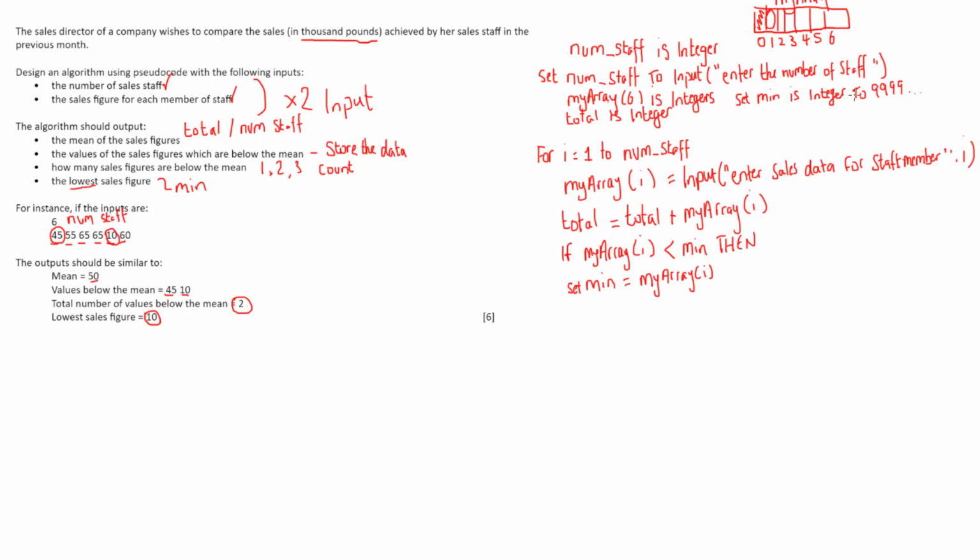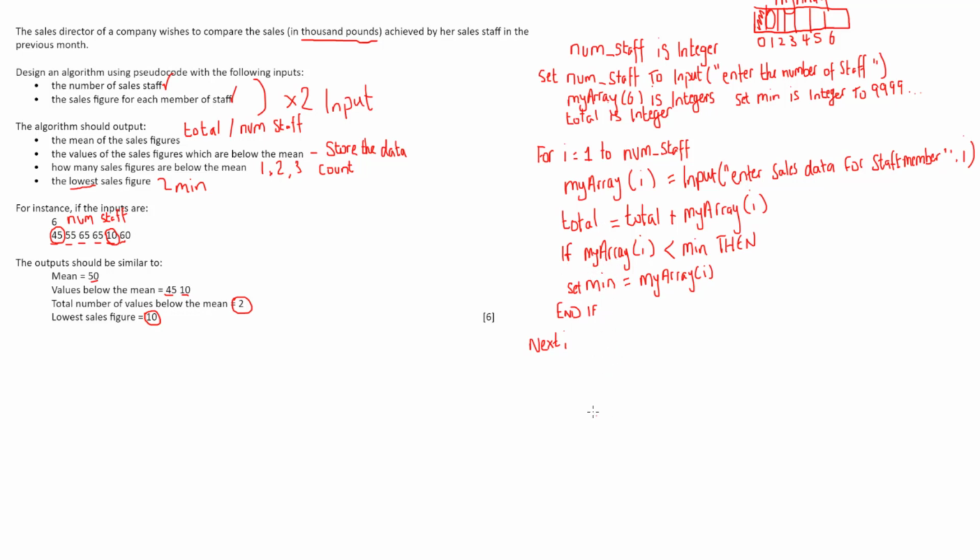So now, on the first number, it's going to set 45 to the minimum value, and then it'll compare 55 to 45, 65, 65, 10, and 60 to 45, and it'll get lowered. So that's the minimum value working. End my if statement. Close my loop. I don't think I need to do anything inside my loop anymore. Data goes in on this line, the total gets added up, and then I use the min if statement there